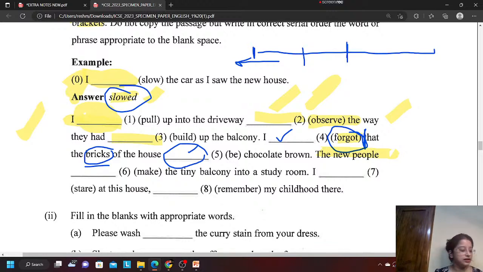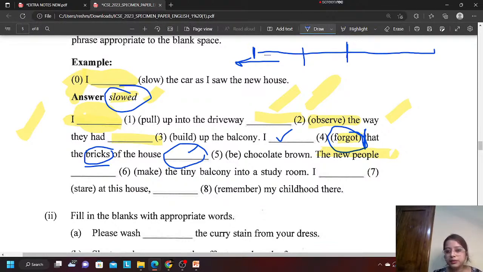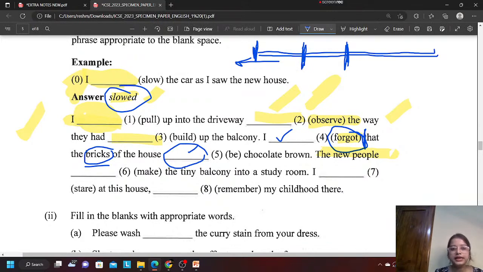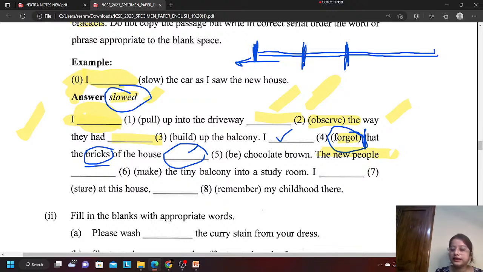Just think and say. See, first think according to this timeline that I have drawn. If this timeline is understood properly, you can answer all the tense questions. So see, this is your present moment. Quite past is simple past, something that happened a little earlier. Happened in the past is simple past. Something that had happened even earlier than that past is your past perfect. Now in the past, he came, he slowed down the car to see the new house. And before that, earliest, he had lived in that house. And in between, the tiny balcony was changed into a study room.